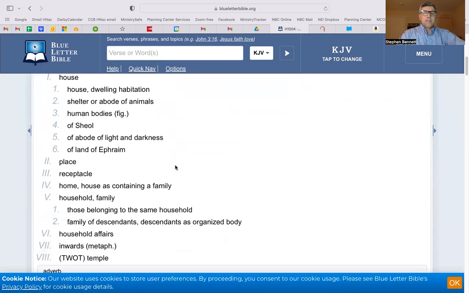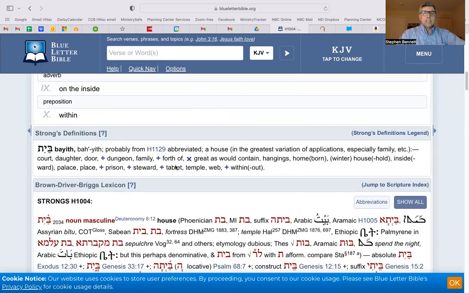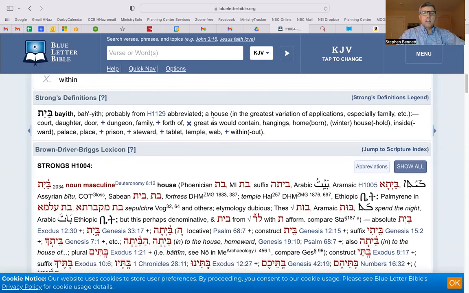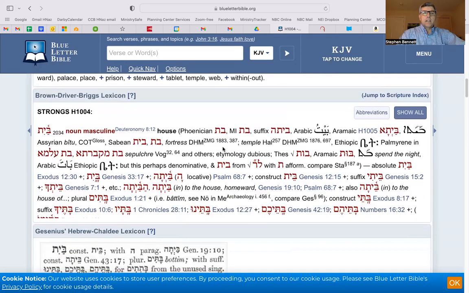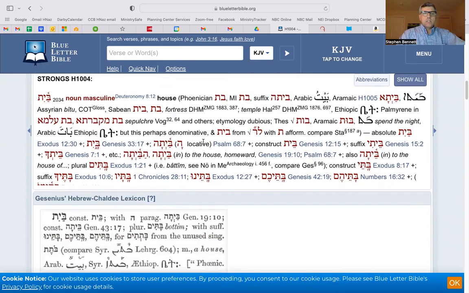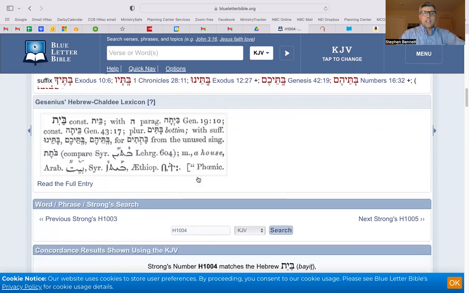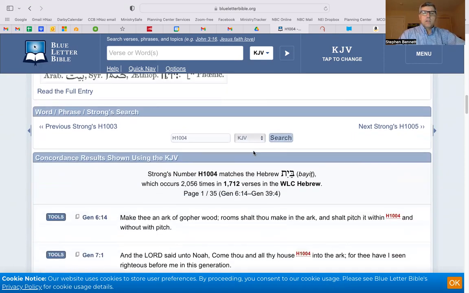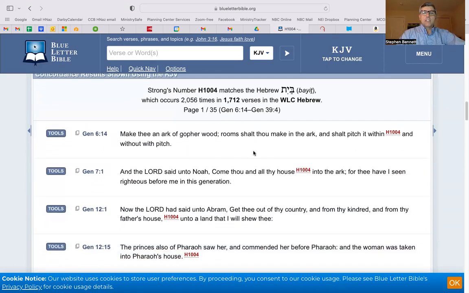There's some brief translations, and then there's a definition from Strong's dictionary, and then a definition from Brown Driver Briggs dictionary, which is an abbreviated version, and then also Gesenius Hebrew Chaldee Lexicon. So if we keep going down below all of these, we get to the first occurrence of the word house